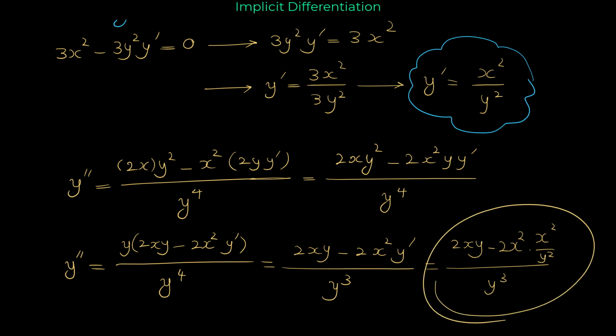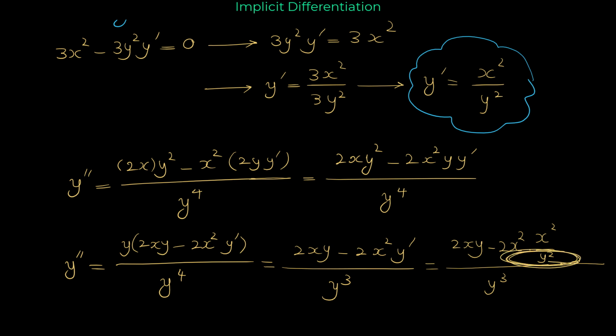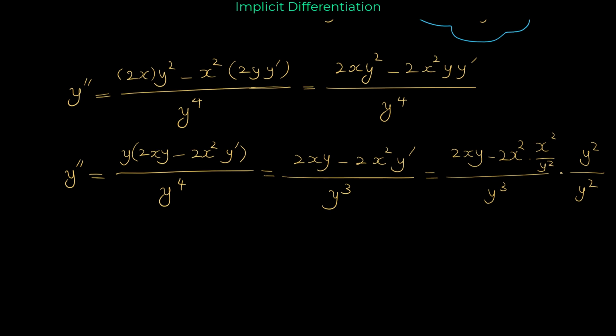this expression, again, we multiply numerator and denominator by something that helps us get rid of this, because we don't like to have a fraction in the numerator. To get rid of y to the 2 in this fraction in the numerator, we multiply the numerator by y to the 2, and of course we have to multiply the denominator by y to the 2. If we multiply the numerator and denominator by y to the 2, then y double prime equals to,